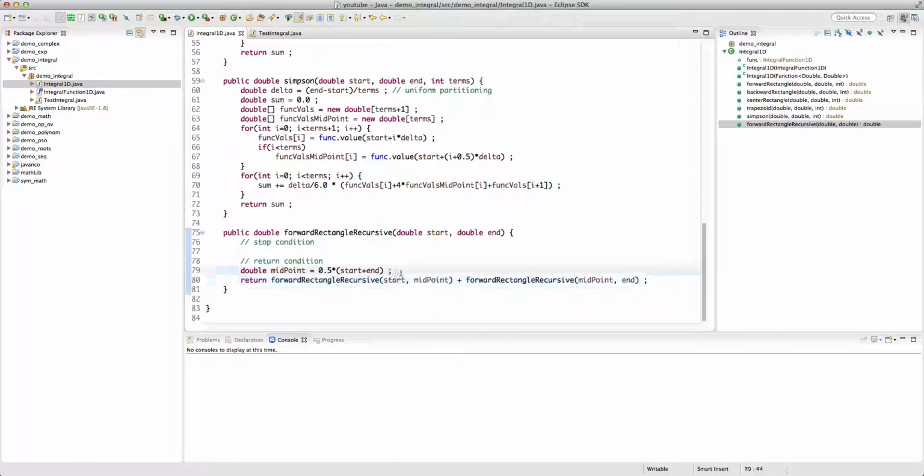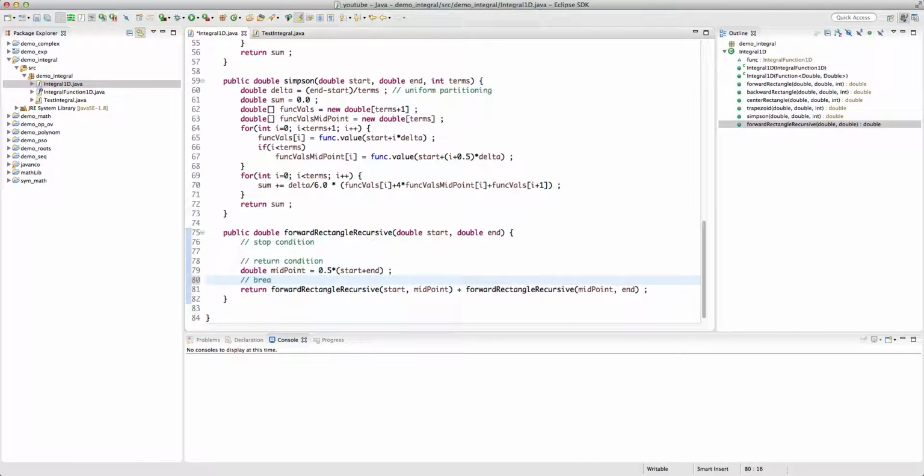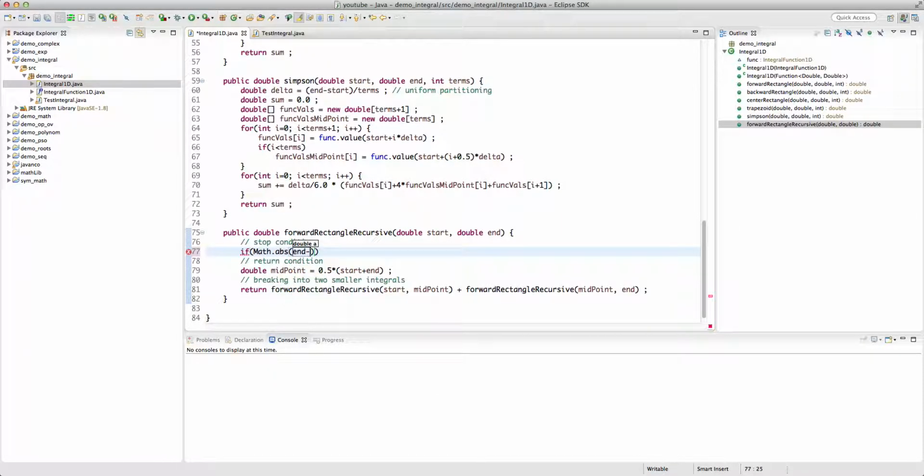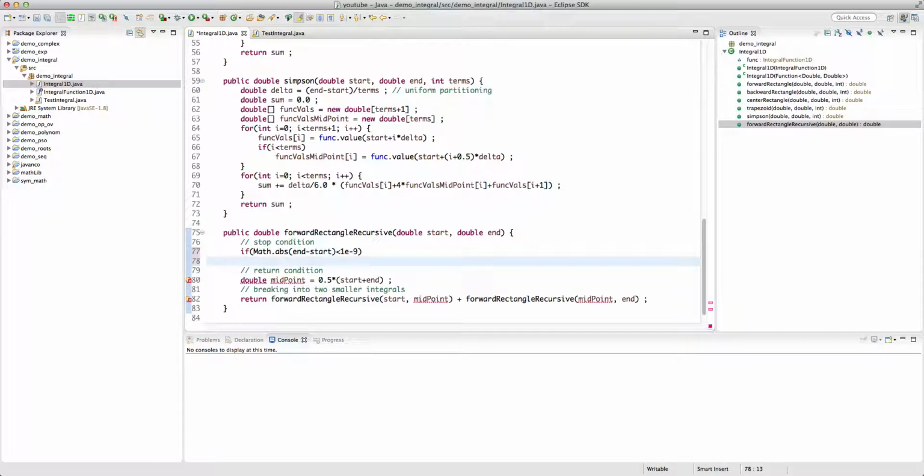So we are breaking the integral into two smaller integrals. And the stop condition here is that if, let's say, math.abs end minus start is less than 1e-9, for example, what we are going to do is we're going to return